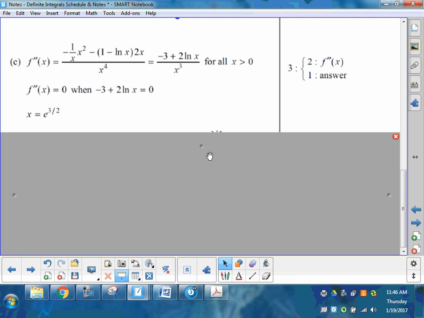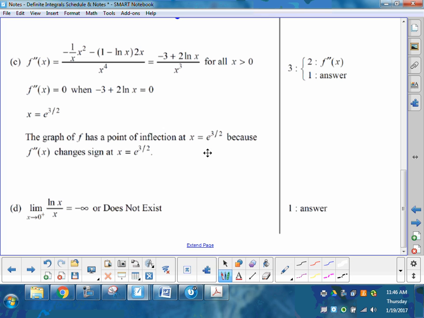Last one up. I discussed this with someone earlier when we were going through and doing it. It's a good discussion to have. The AP goes right to this. Oh, here you go. I'm sorry, they put that on there. You have to demonstrate that. Show me the sign chart and then a sentence. Now,